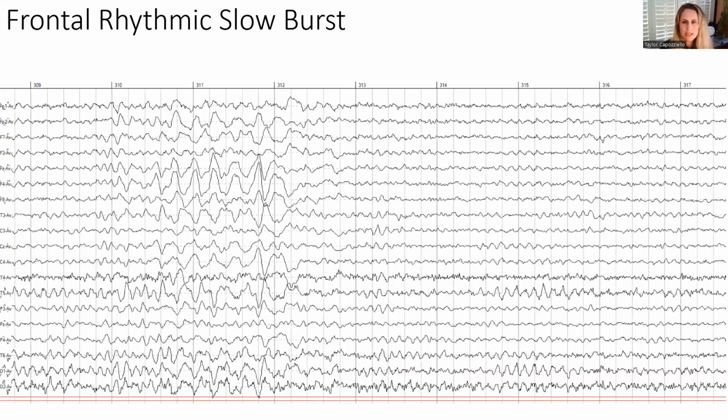This is frontal rhythmic slow burst, and it happens during drowsiness, and it can be a normal variant for teens and younger, and on rare occasions adults. This particular example was from an adult. It's called hypnagogic hypersynchrony, and it can present in sleep disorders such as night terrors. It's a non-specific variant, and it often corresponds with individuals that experience parasomnias, which are behavioral sleep disorders. So something like sleep terrors, sleepwalking, sleep talking, REM behavior disorder, where you actually act out your dream, sleep paralysis, and